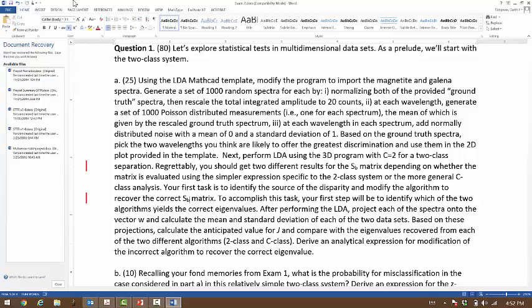So you can do that, and the template is already in the MathCAD file, so there's not much you have to change except selection of the appropriate wavelength. Just find a peak in one and find a peak in the other, and then you plot in the template the 2D, and you should see some separation between those if you choose wavelengths that are appropriate. It will improve if you use all 256 and reduce dimensionality down to 1 as well. But this is the equivalent of what this is